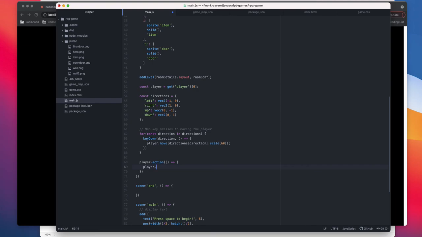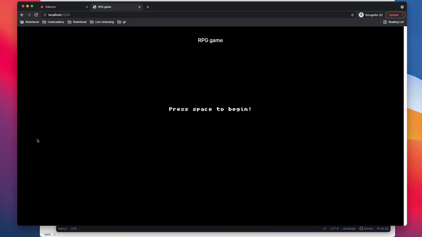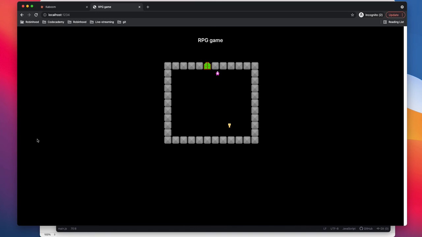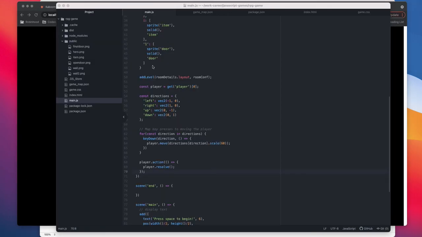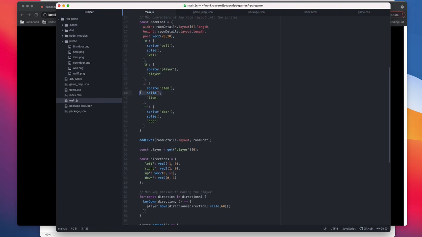Player dot resolve. Okay, it's not going to change anything, but you see how I cannot go past this. Even if I go around the key, it will detect some collision, because if you remember, we have given them as solid. So this solid is like, okay, you cannot pass it.